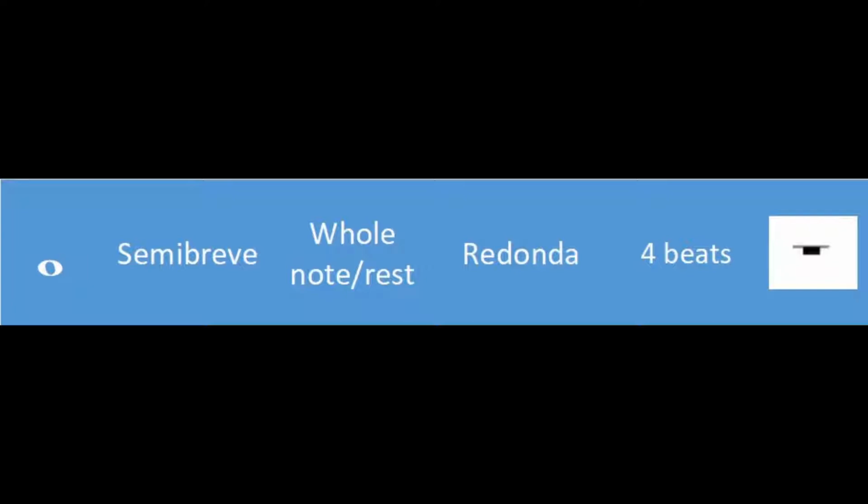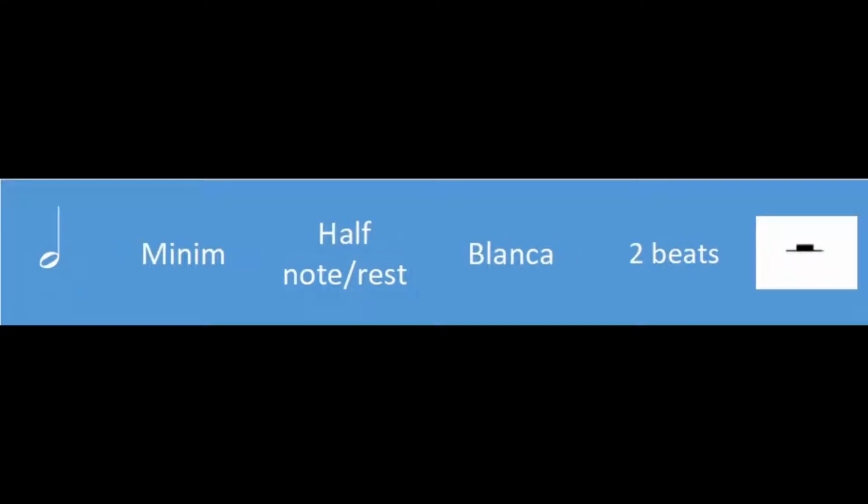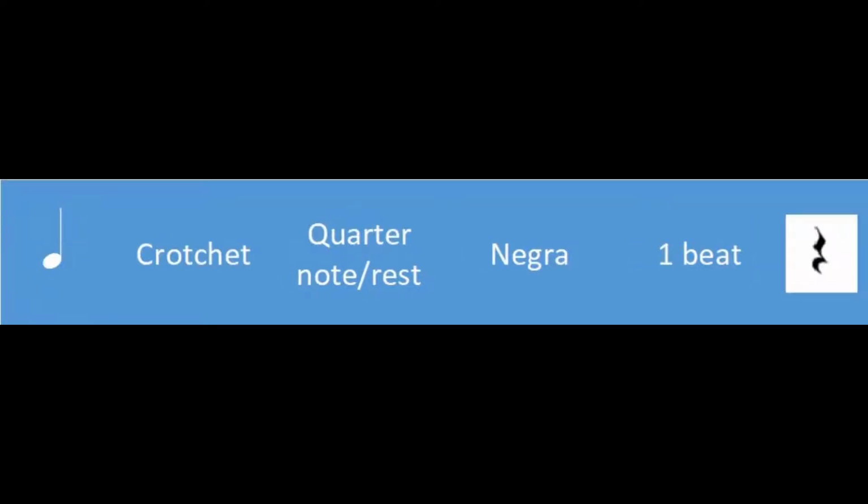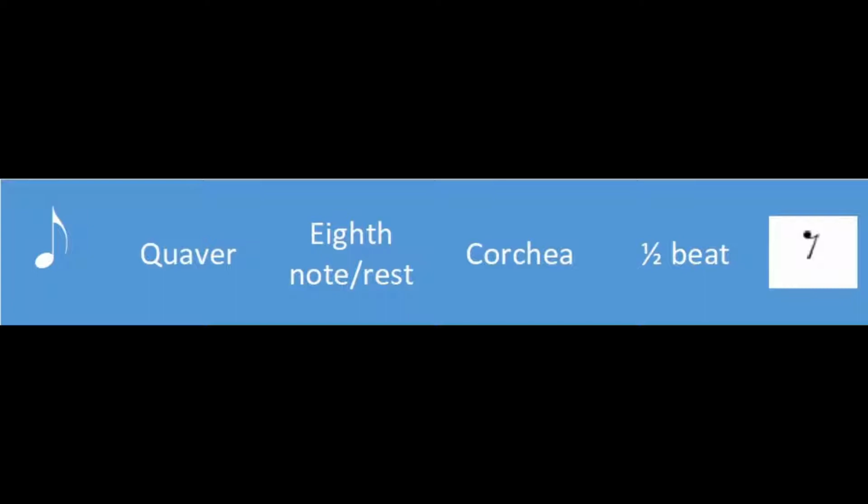It has 4 beats. In British English, it's called minim or minim rest, while in American English, it's called half note or half rest. It has 2 beats. In British English, it's called crotchet or crotchet rest, while in American English, it's called quarter note or quarter rest. It has 1 beat. In British English, it's called quaver or quaver rest, while in American English, it's called eighth